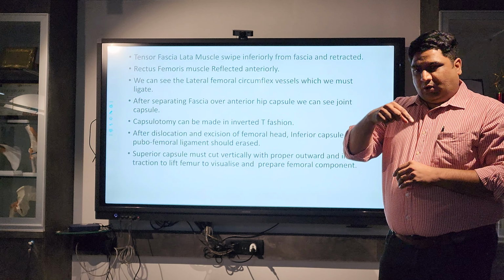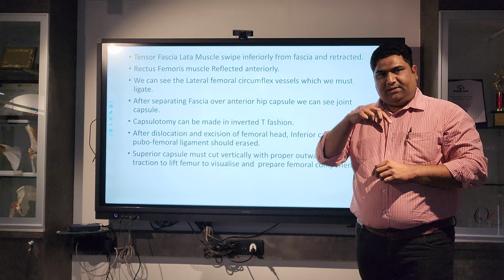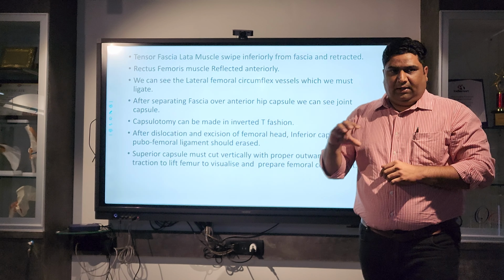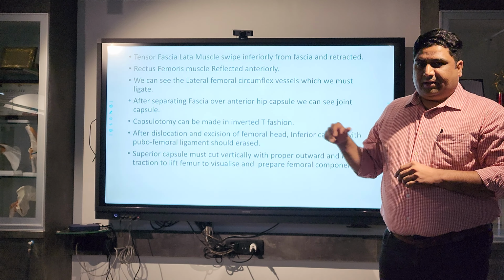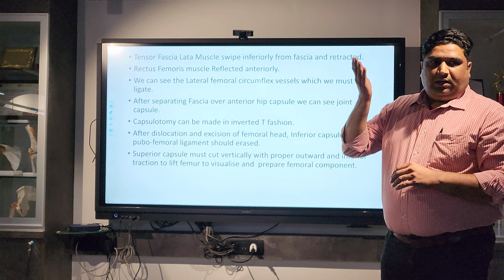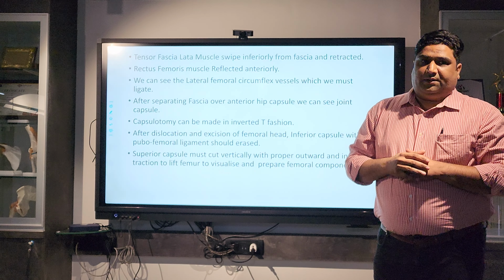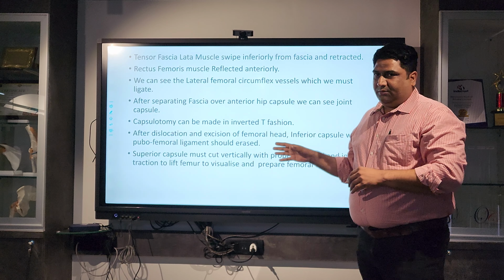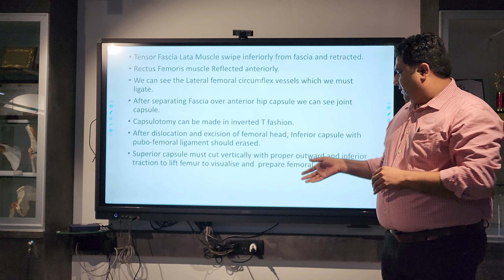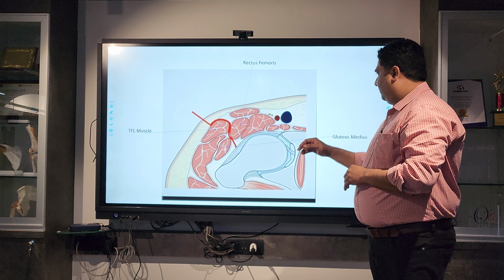The superior capsule you cut horizontally till you can see the fat pad. That is your landmark. If you do not cut, or cut too little of the superior capsule, you won't be able to lift the femur. You can visualize it and prepare the femur for the stem component insertion.